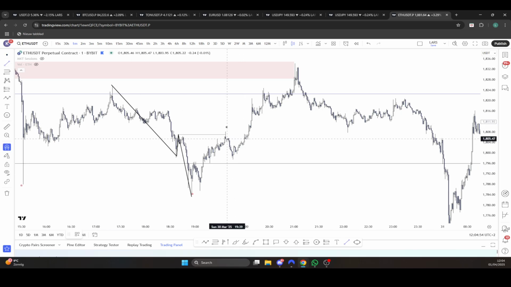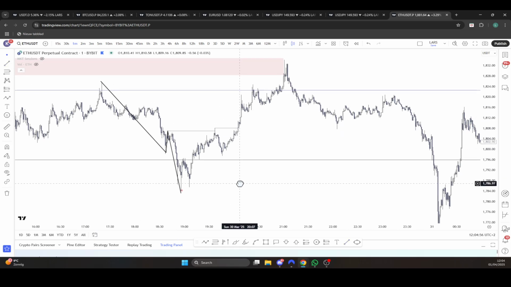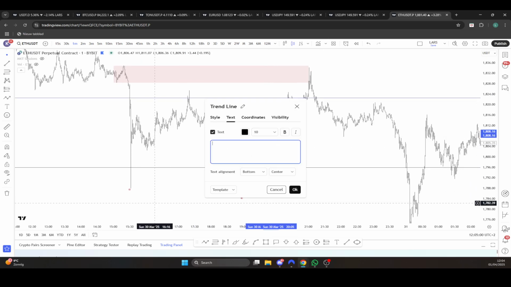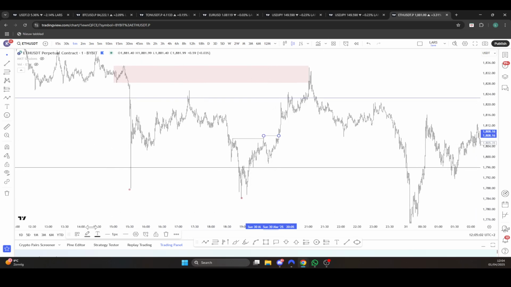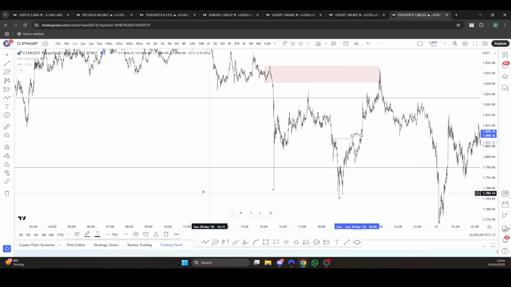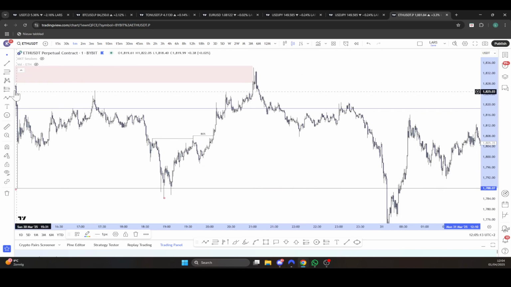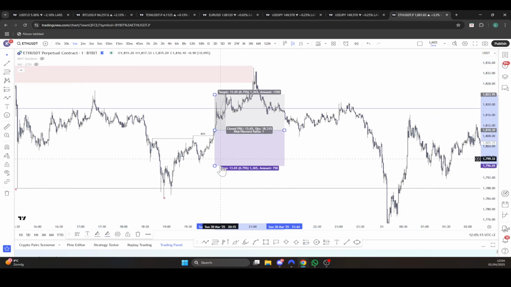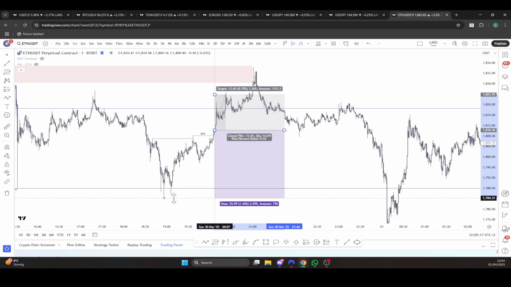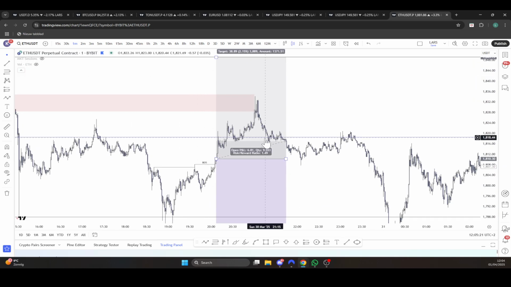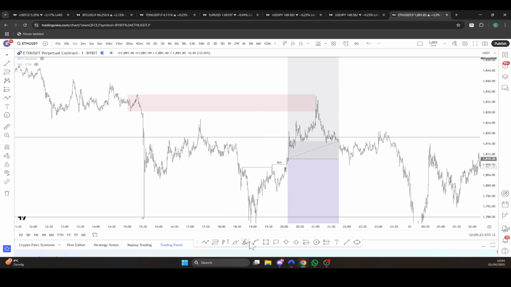And then from there, we only broke structure right here. So if you wanted to confirm this Model 1 accumulation, where price has its range low, has a deviation, and then has a tap 3 with the break of structure, you would need to enter all the way up here on the close above, stop loss below the low, while targeting the range high, which is only a 1.5 RR,